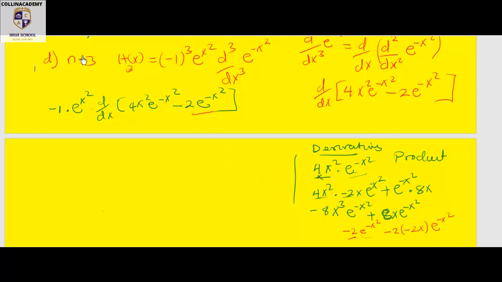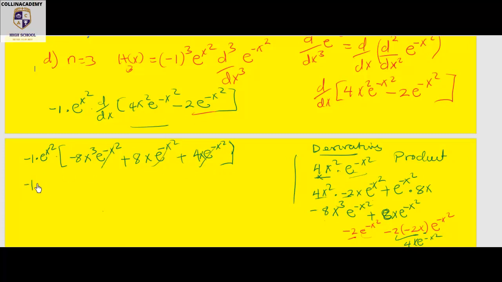Okay, so let's have them over here. That is negative 1 times e^(x squared) times, with everything in the bracket, negative 8x cubed e^(negative x squared) plus 8x e^(negative x squared). Here negative 2 times negative 2 is positive 4, plus 4x e^(negative x squared), there's an x there, so we must have the x included. We can factor out these,